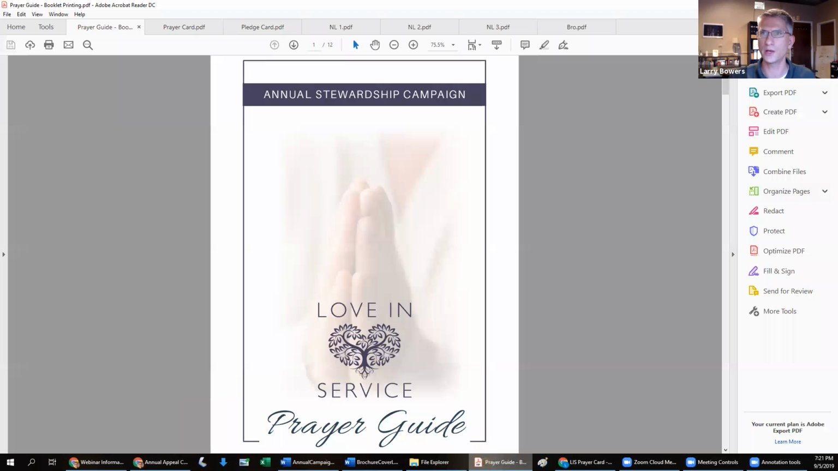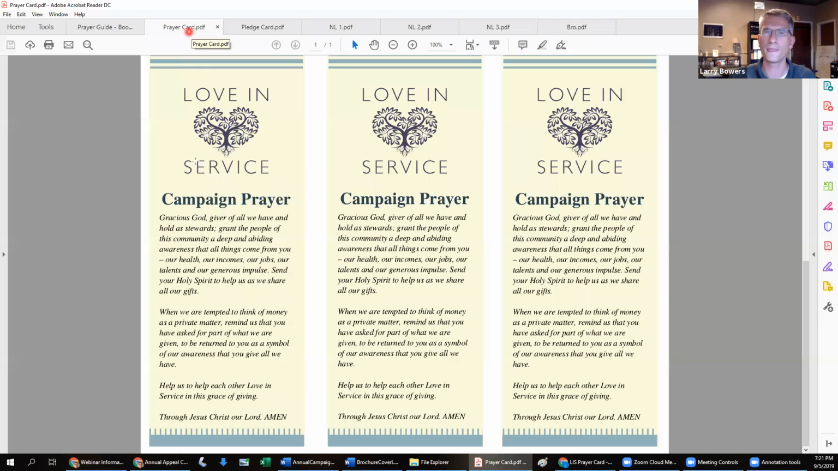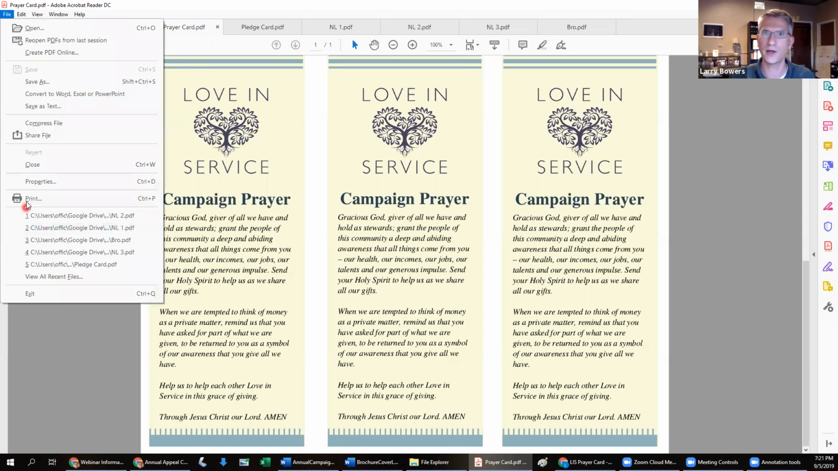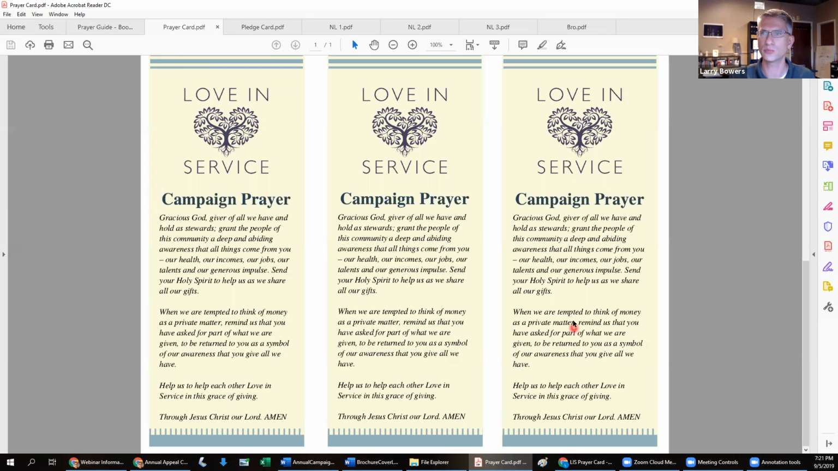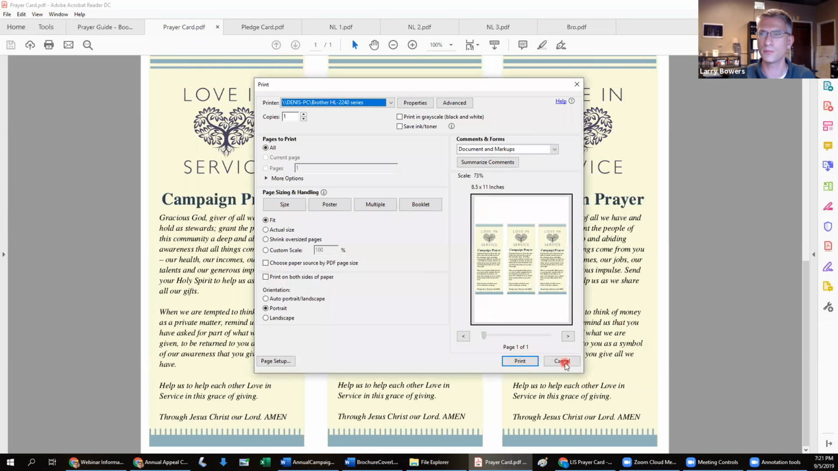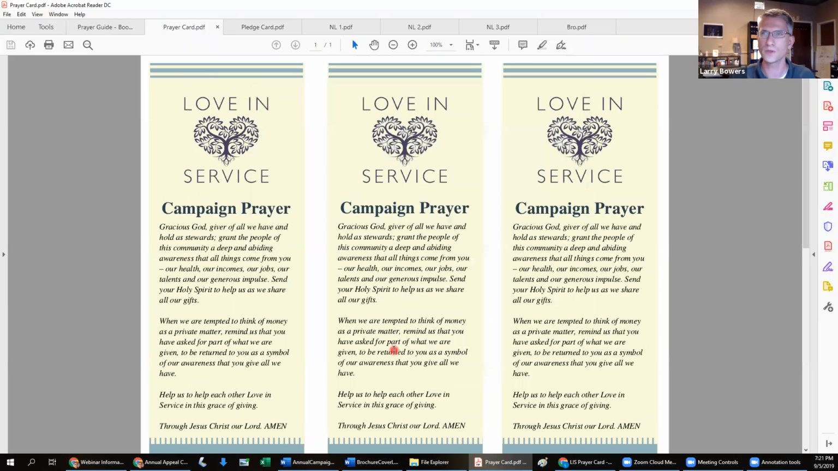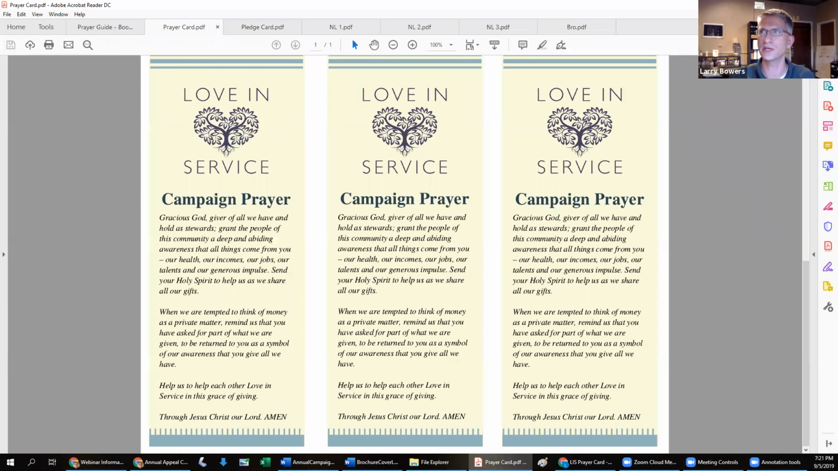And then you can open that up in anything that opens PDF files. We use Adobe Acrobat Reader. And then this can be printed from Adobe File Print, and you can print that out in order to use. And so that's true with any of